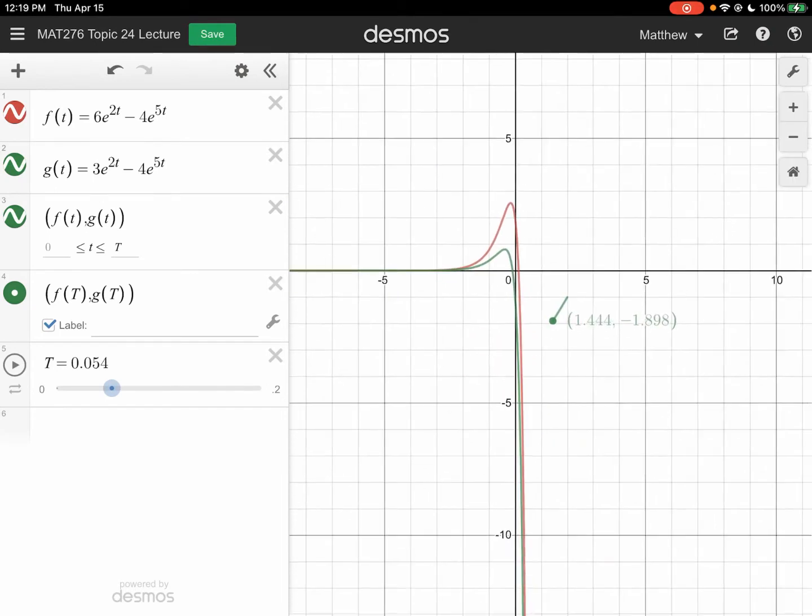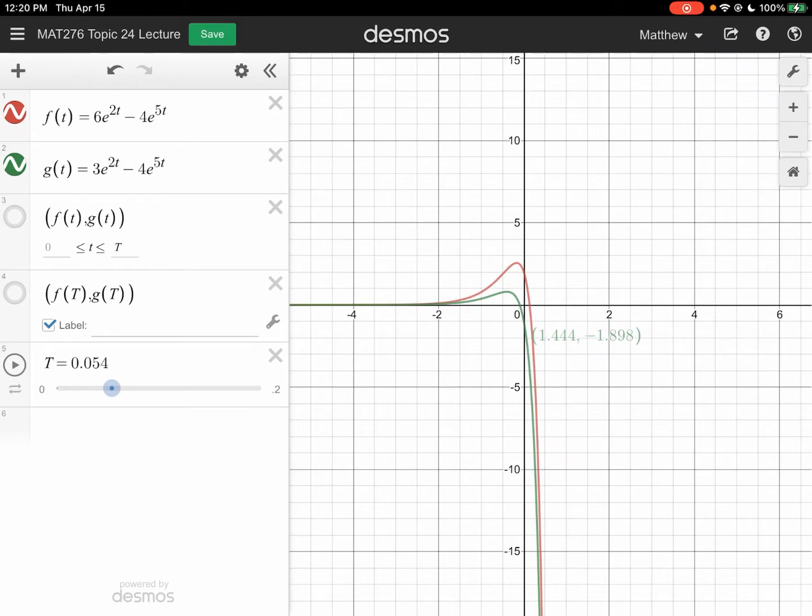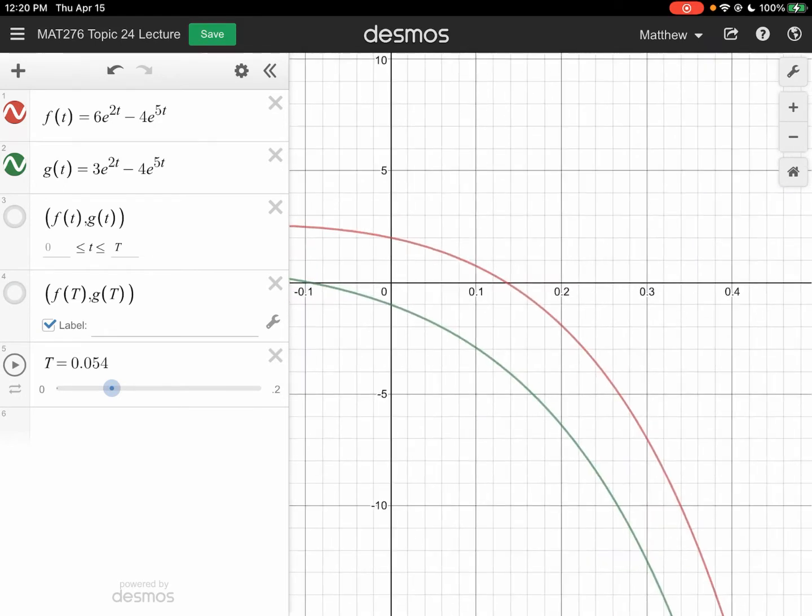If I hit the home button, you can see that the functions are very dramatic. So I had to do some level of zooming to see the same scale that we had before. So here we go. They're the functions x and y with respect to t. Now here I'm calling them f and g. Desmos doesn't like when you use x as a name of a function. So I just went with f and g, but f stands for the x function and g stands for the